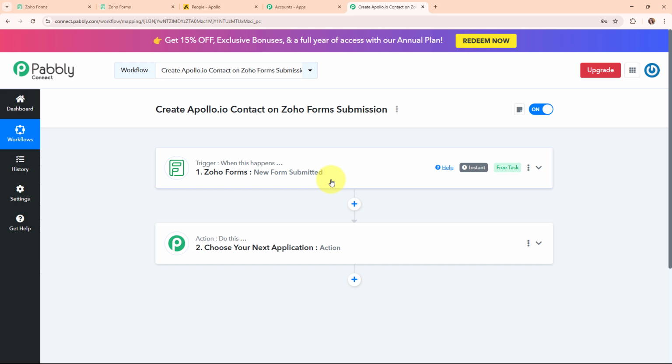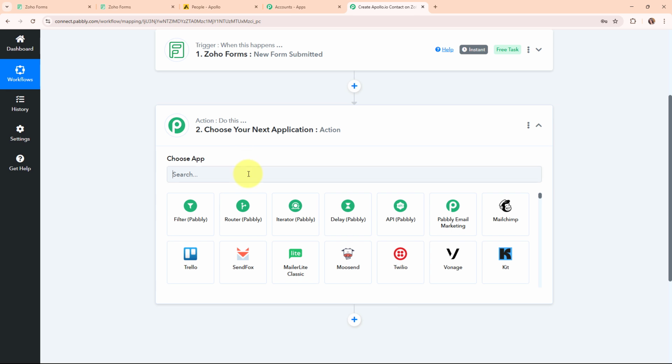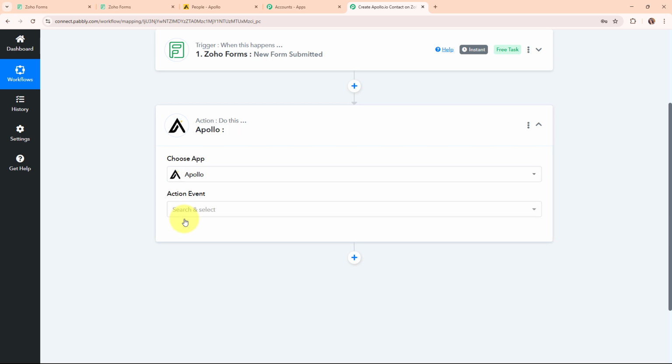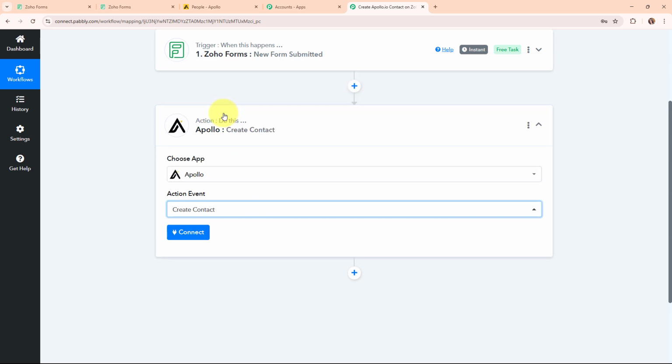So for that, I need to connect my Apollo.io account with Pabbly Connect in this action step given over here. So here I'm going to select my action application as Apollo.io. Apollo.io is a platform that helps businesses find and connect with potential customers. So here in my Apollo action step, I'm going to select my action event as create a contact, so that